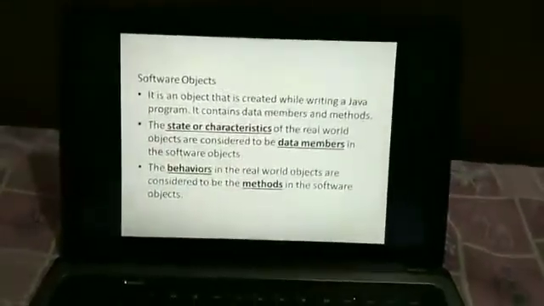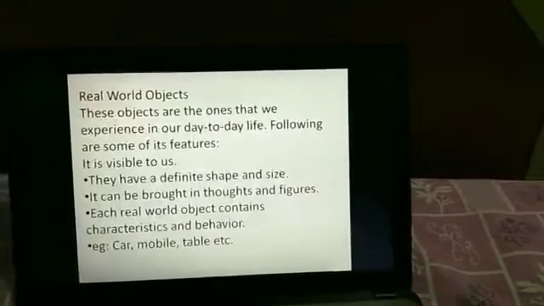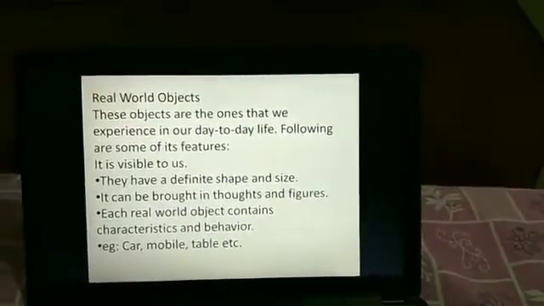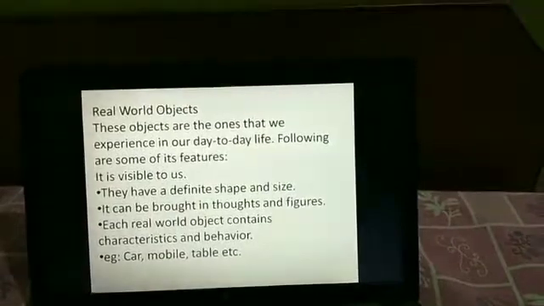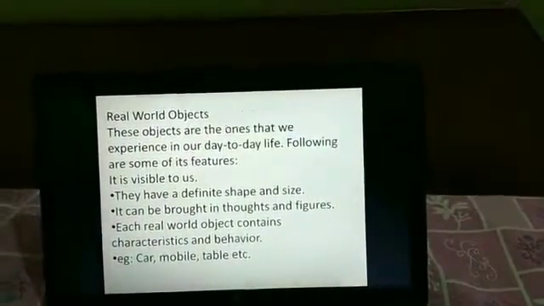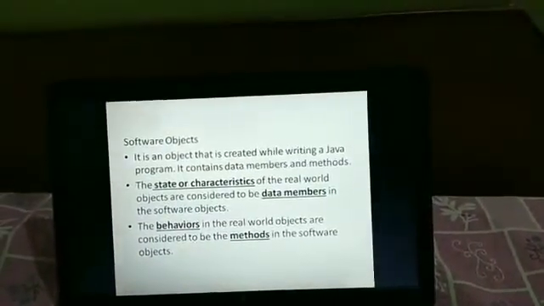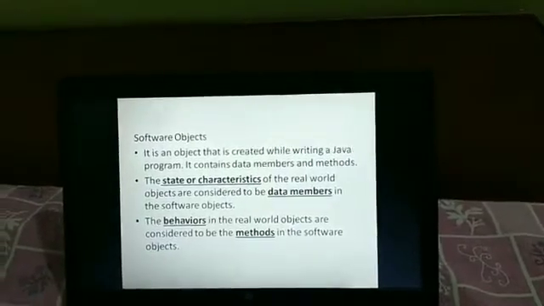Just as your real world object contains characteristics and behavior, the software object contains data members as well as methods.